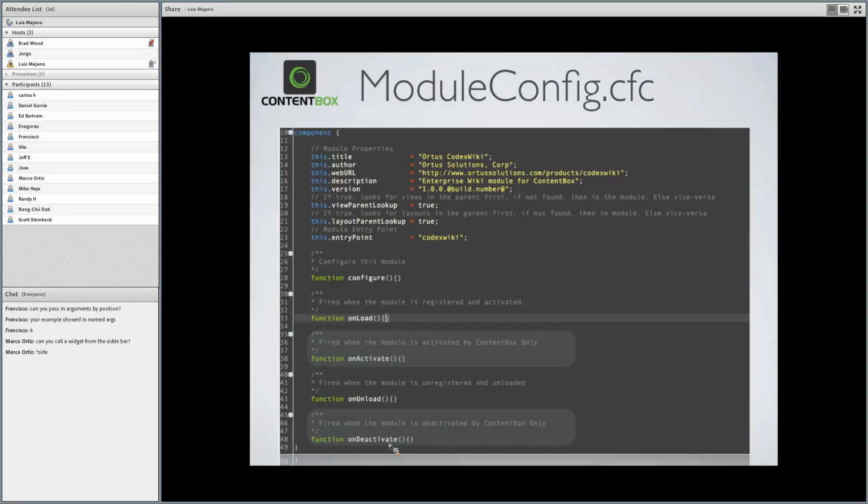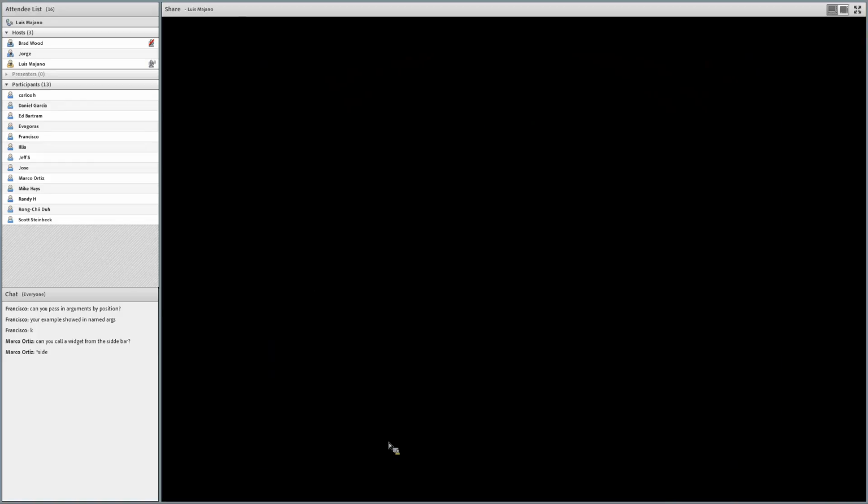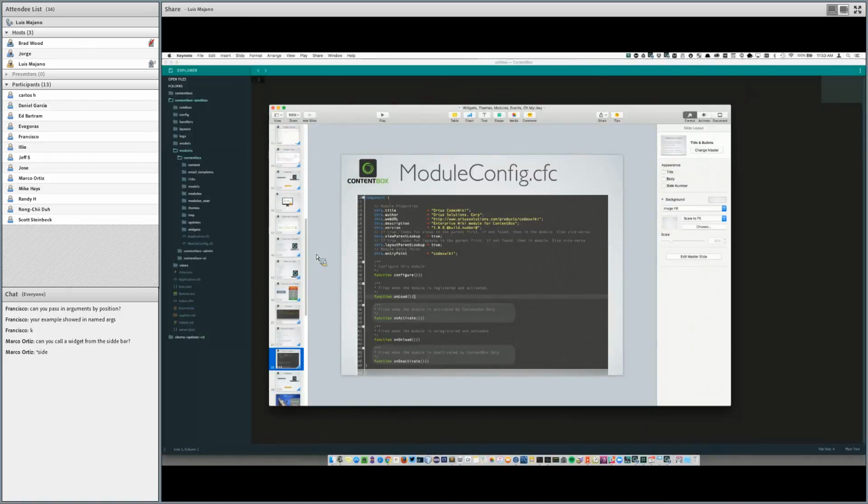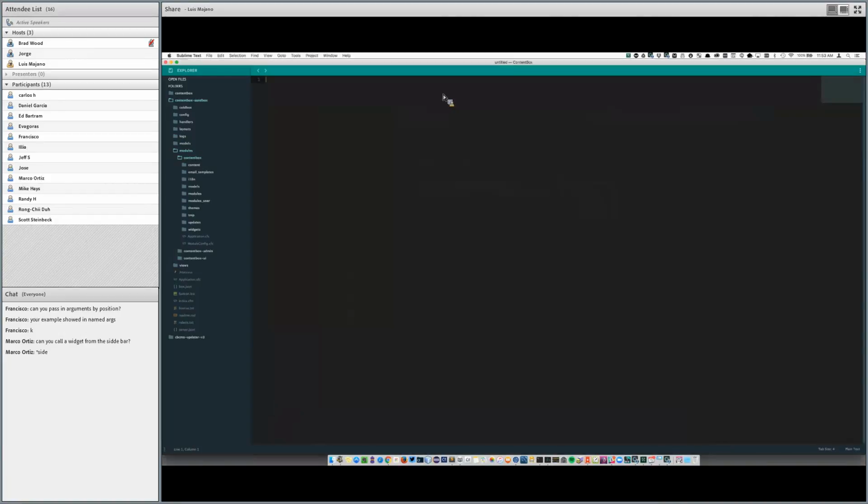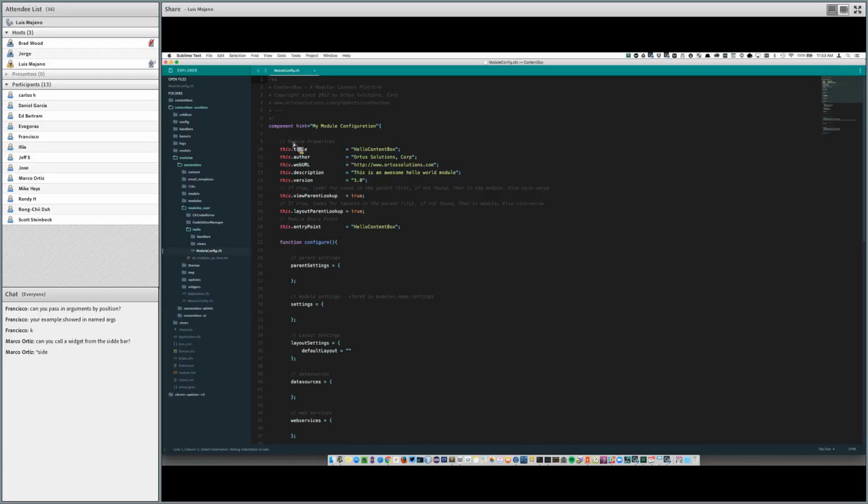It has the tier detection already enabled from the parent application. You don't have to do anything. So you can just create another function or another listener depending on the tier you're on. And it's an interceptor. So you can create other functions that listen to the process, post-process, pre-event, etc. Everything that is available in a ContentBox interceptor is available to you.